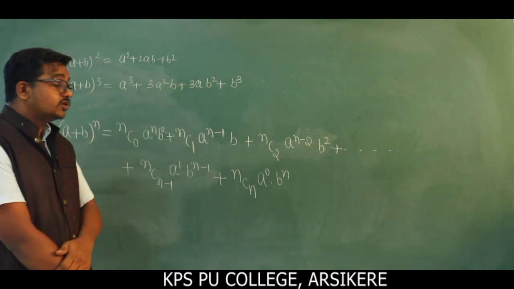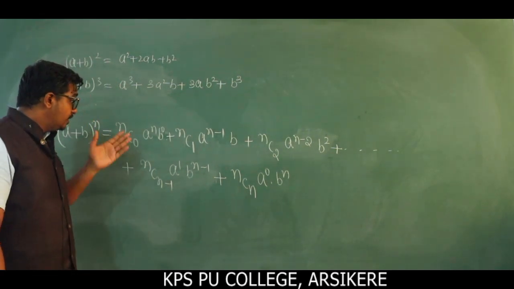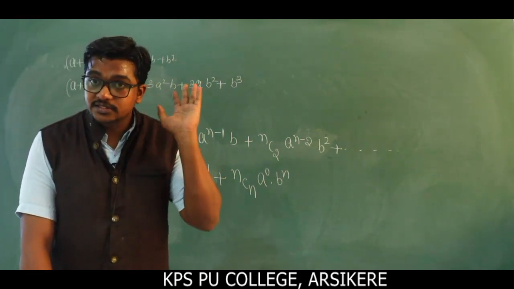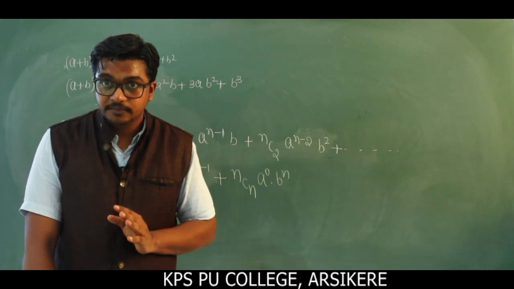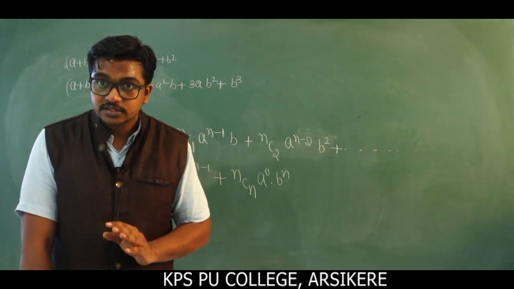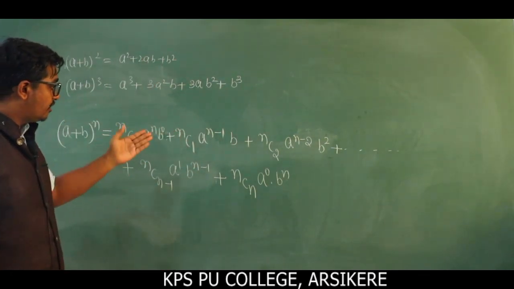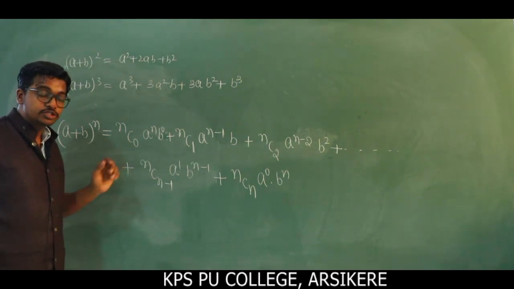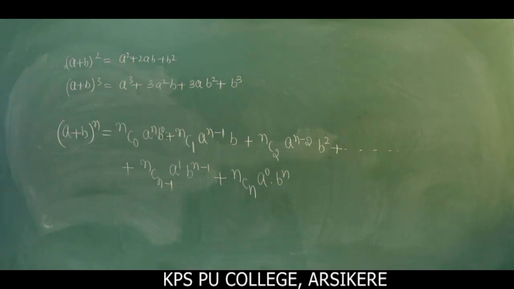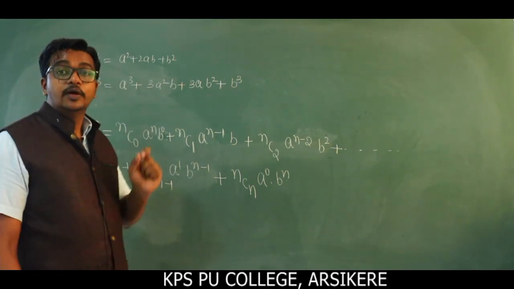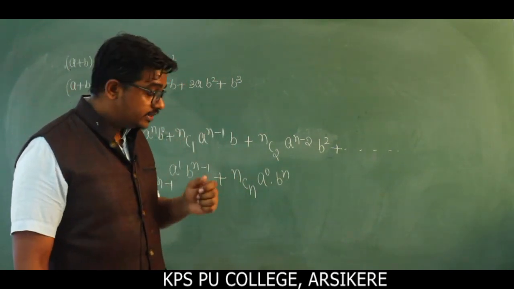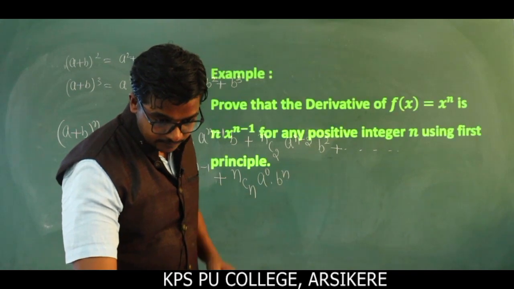So this is also a homogeneous function. In each term of the expansion the power is always the same, that is equal to n. This is the homogeneous term of degree n. This is a very important one, take a note. That is the binomial expansion, children. So next we are going to discuss this problem which we discussed earlier.